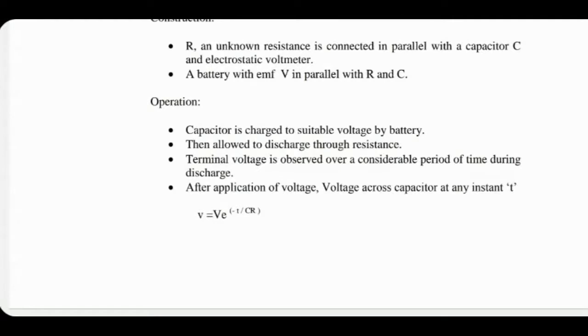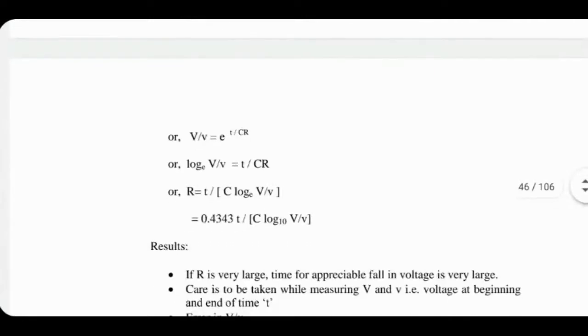by using this equation, small v, which is the time dependent voltage value, equal to the starting value capital V multiplied by e to the power minus small t upon tau. Tau is CR. So once you have taken, let's say, 10 readings or 15 readings, you can plot the curve and figure out the value of tau. And from that tau value, you divide that value by C to get the R value. Theory is pretty simple.